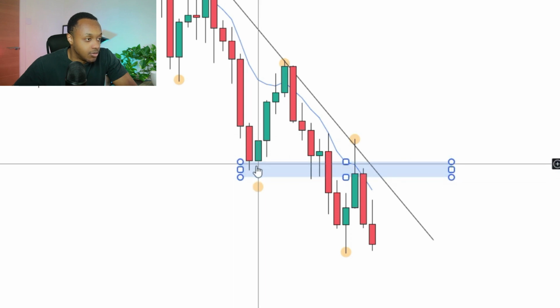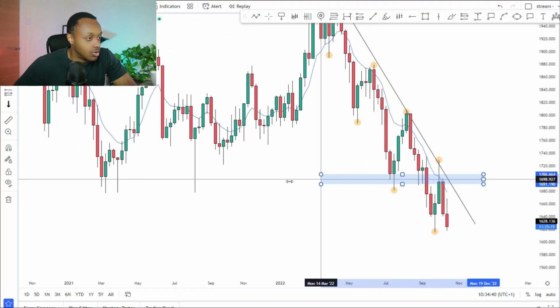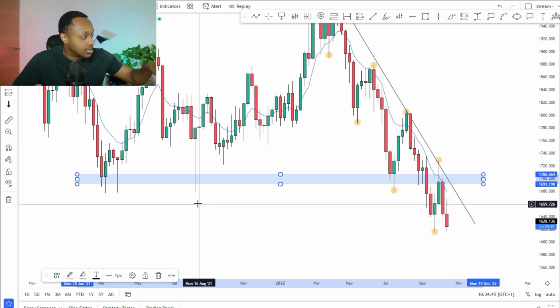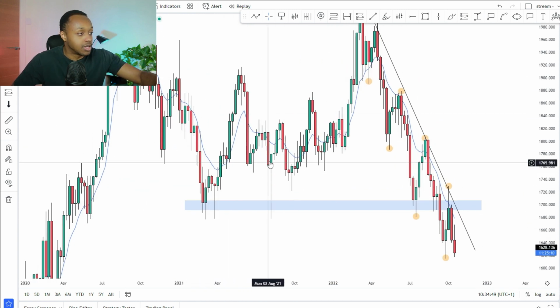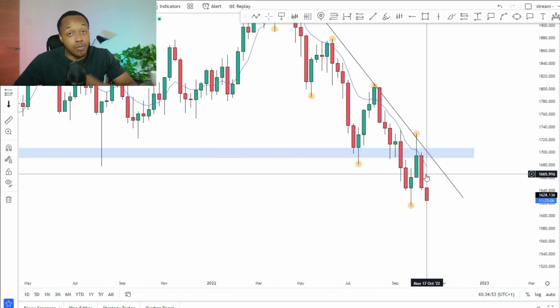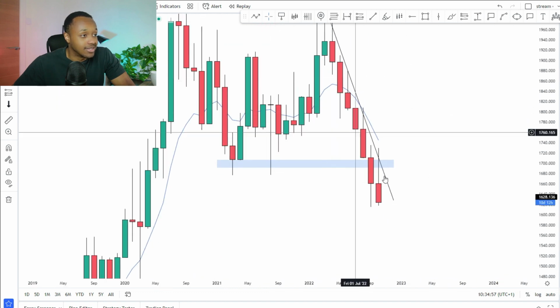So as you can see, beautiful support 1 and 2 was retesting as resistance, and also if I do carry that across, you can see it's just not any support, it's resistance, a very major key level that held big moves to the upside, big wick rejection, big moves to the upside, and now we're rejecting that with a bearish engulfing on the weekly. You can see on the monthly time frame, momentum is to the downside as well, snapping